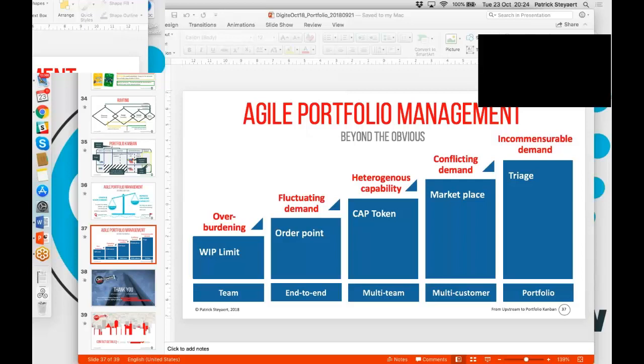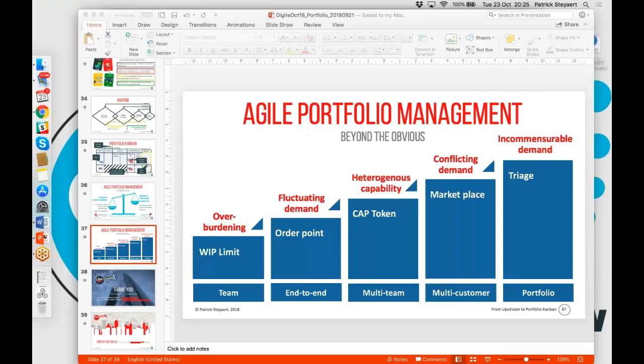Now that being said, that makes an assumption that there might be some variability in the size of requests, but that variability shouldn't exceed maybe one order of magnitude. So if you have two orders of magnitude of difference in size of requests, you will need to base your cap tokens then on something that breaks down requests into something that is a little bit more uniform.